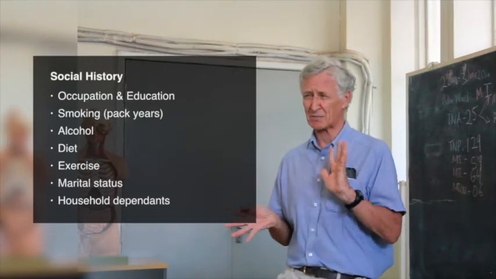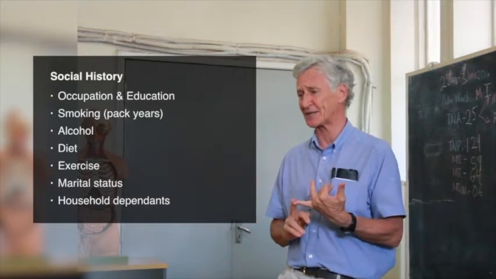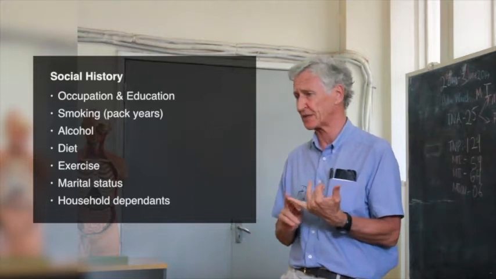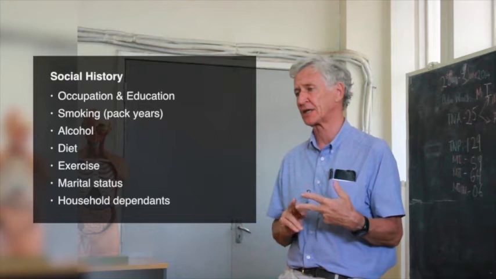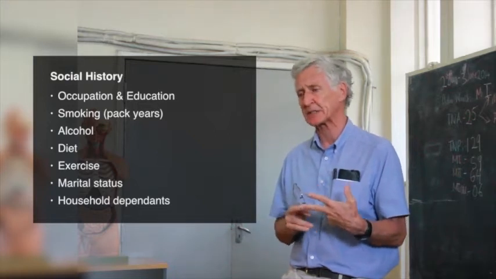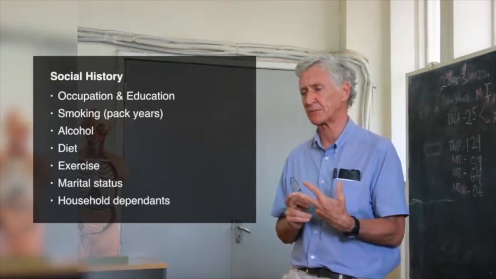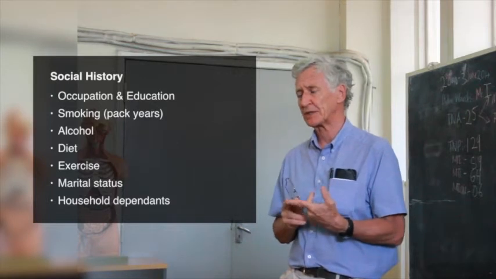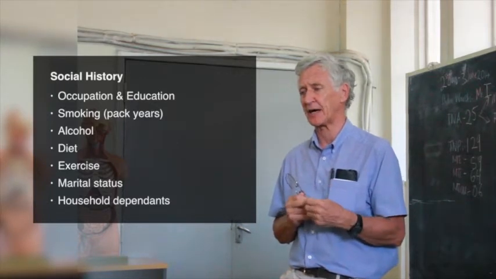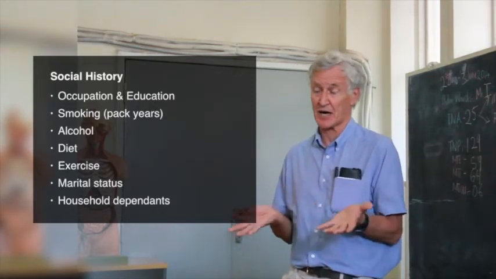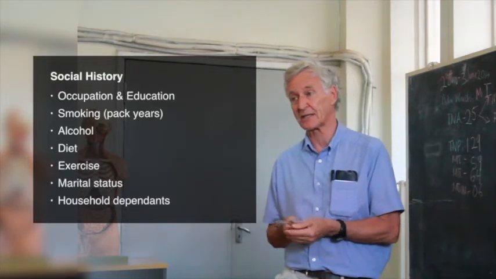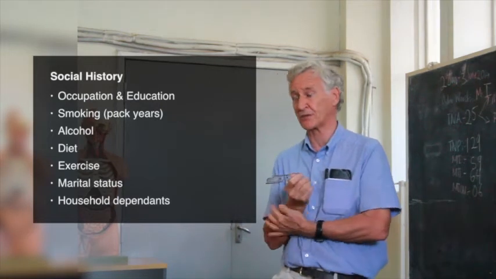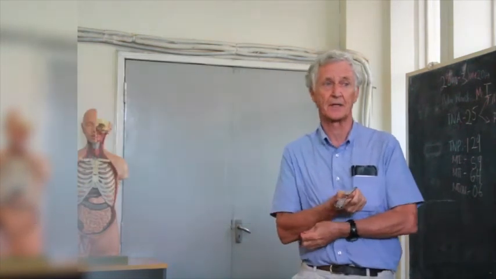Moving on then to one's personal history, you will ask about whether the person is single or married or perhaps has a partner, and how many dependents there are on that particular patient. That's very relevant, and whether or not they are in receipt